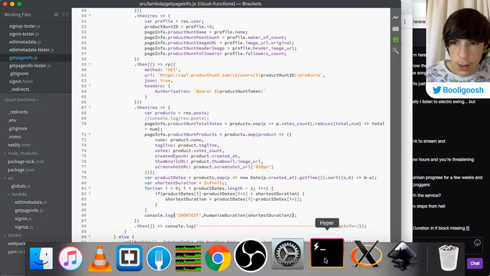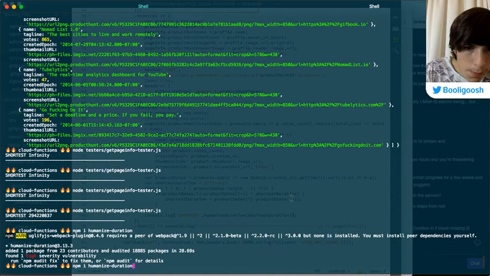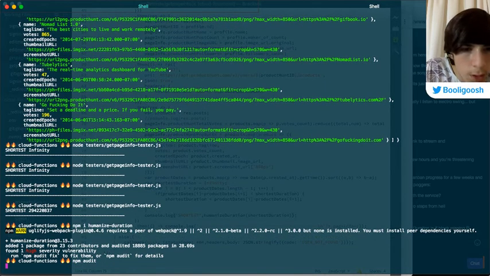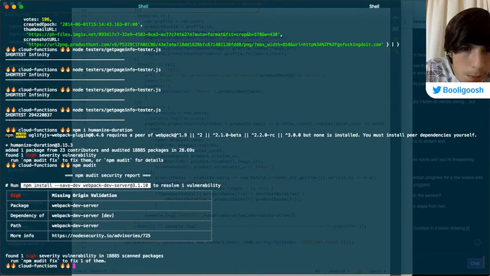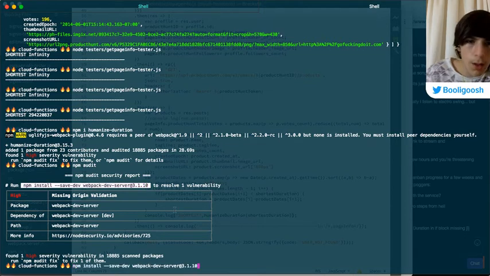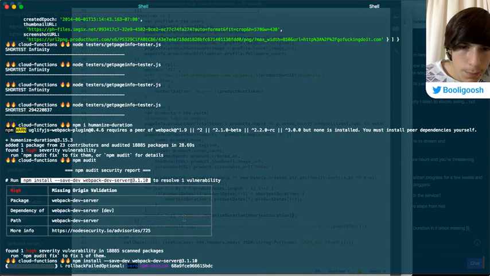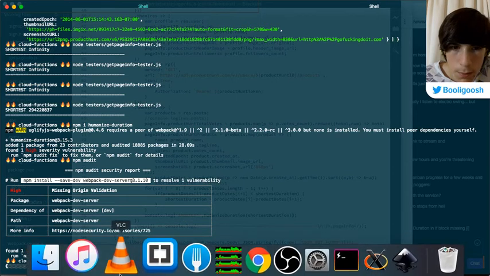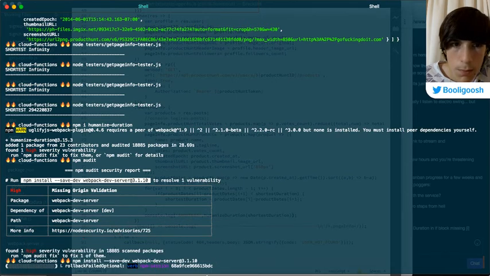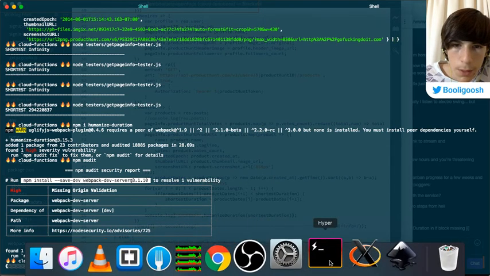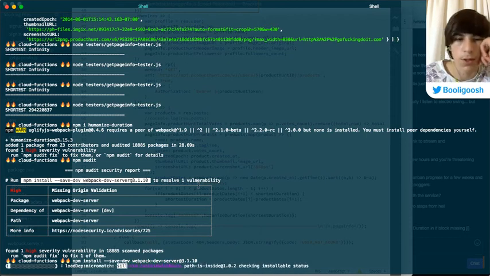Okay, let's try this. High severity vulnerability. That does not sound good. Now, in the... oh no, we can't do it while it's installing.